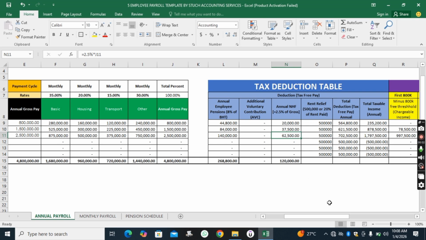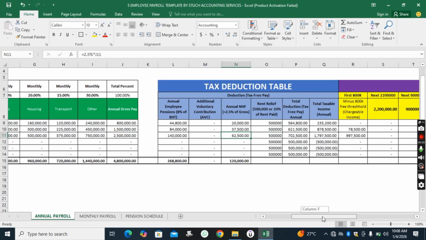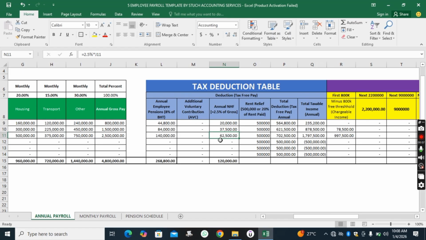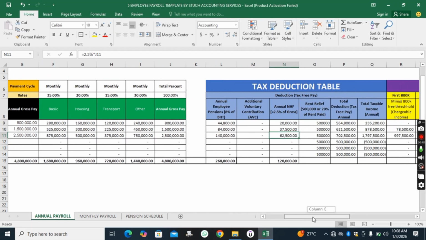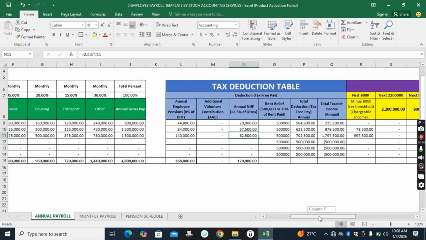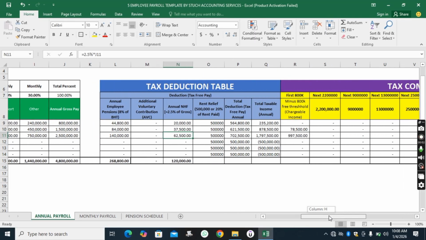For some people who also contribute to a loan, there are things like loan or other things. They can also factor it into the deductions or other contributions. So if there is something like a loan in preparation of your payroll, you can also factor it into